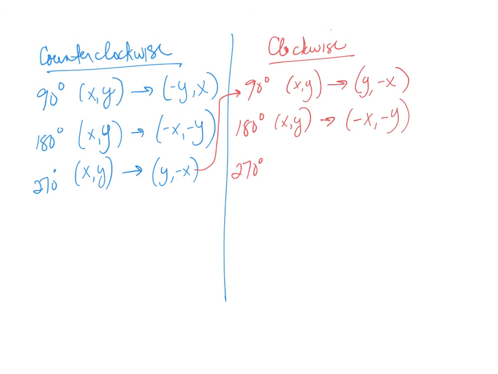For 270 degrees, we said that 90 degrees counterclockwise was the same as 270 clockwise. So a clockwise 270 rotation is going to be the same rule we use for a 90 degree rotation. Now there's a few different ways you can think of this. You can think of it, okay, well, 90 degrees and 270 degrees, whether I'm going clockwise or counterclockwise, are going to be opposites of each other. Or you can always take any clockwise rotation,